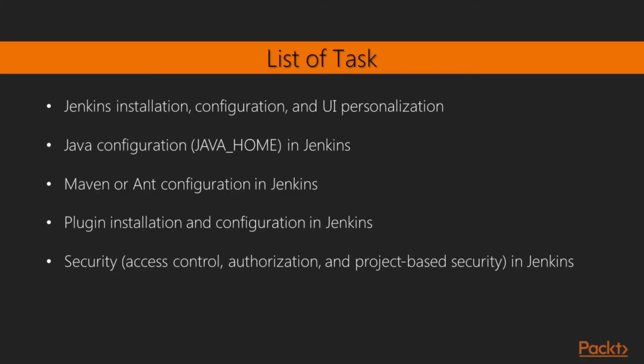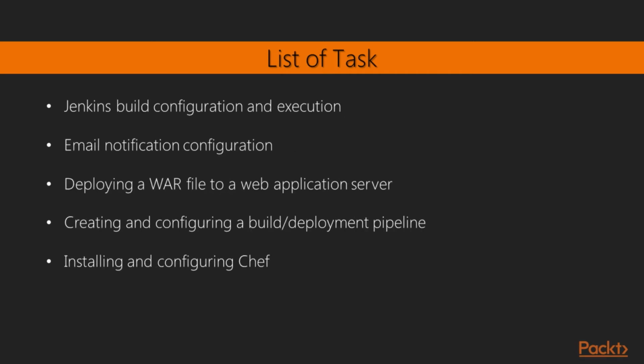The list of tasks. These are the tasks we will try to complete in the rest of the sections. Jenkins installation, configuration, UI personalization, Java configuration, JAVA_HOME in Jenkins, Maven or Ant configuration in Jenkins, plugin installation and configuration in Jenkins, security, access control, authorization and project-based security in Jenkins, Jenkins build configuration and execution, email notification configuration, deploying